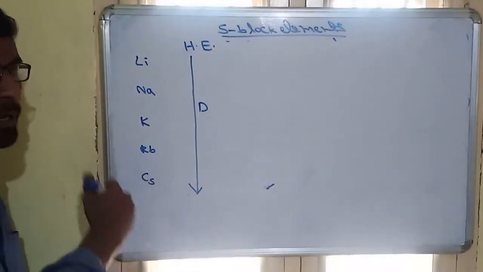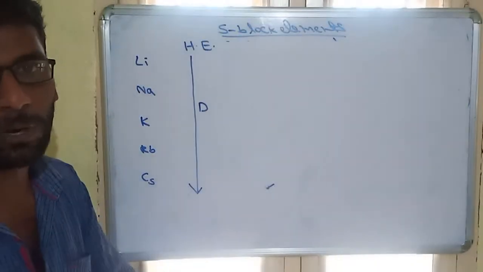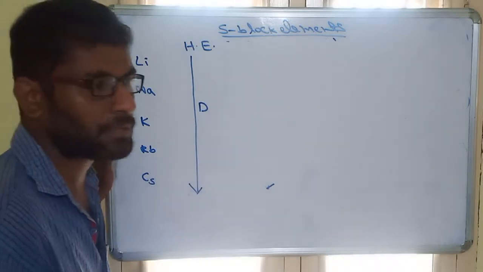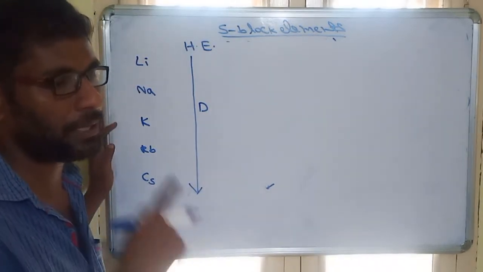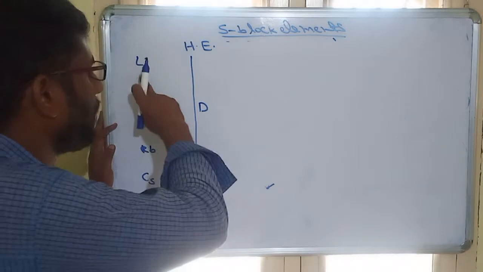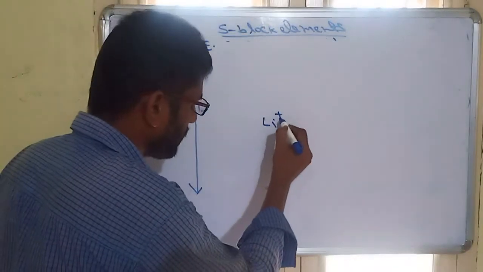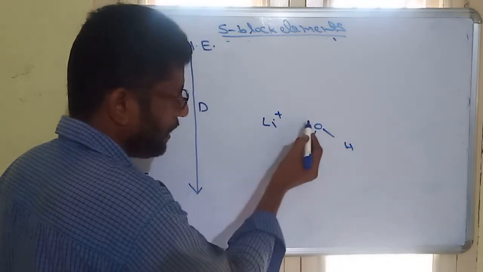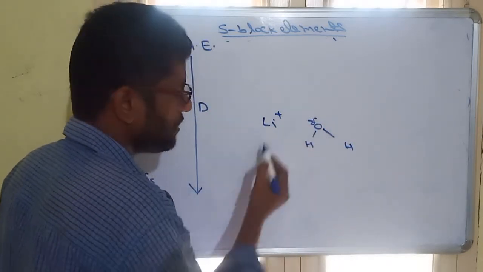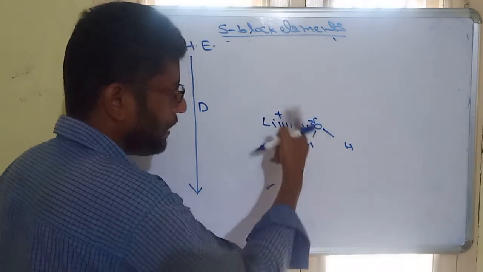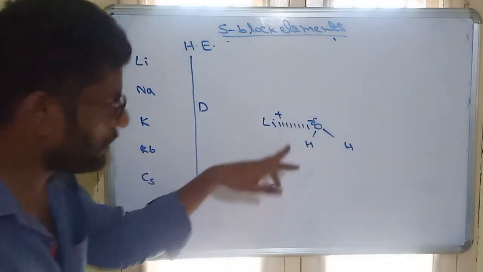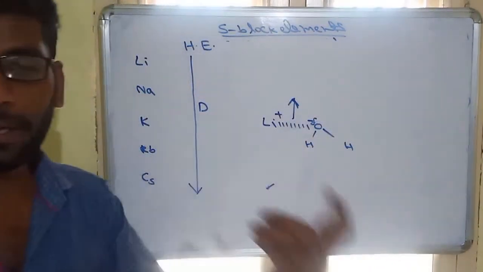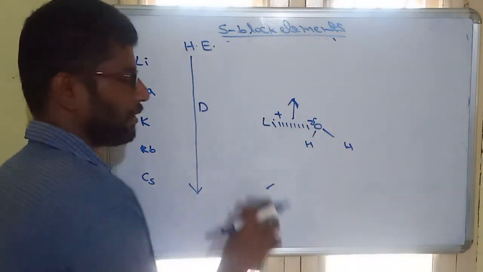When ions dissolve in water, between the ion and the water molecule, some bonds will form. That we already saw in the states of matter chapter. Ion and polar. Suppose Li plus is combining with water, H2O. Between this Li plus and oxygen, which has a partial negative charge, there is an interaction called ion dipole interaction. Due to this ion dipole interaction, energy will be released. That energy is called hydration energy or hydration enthalpy.